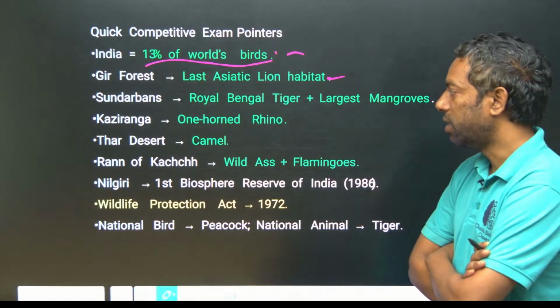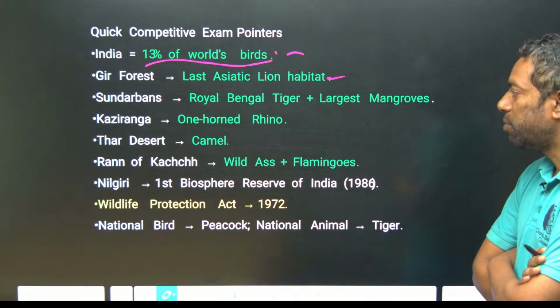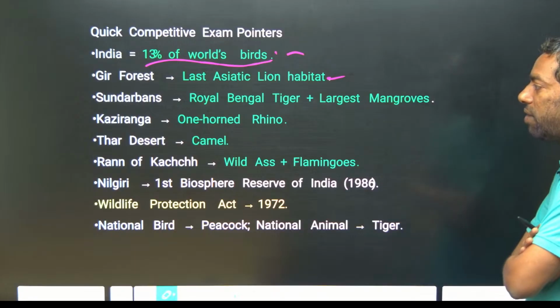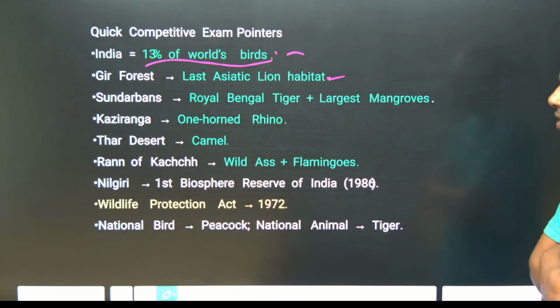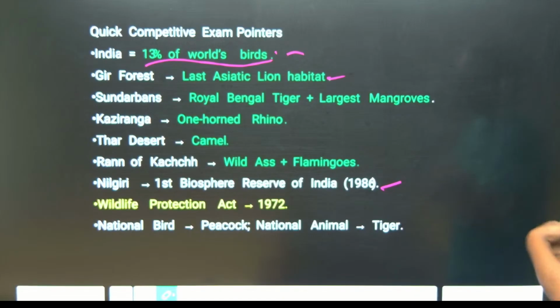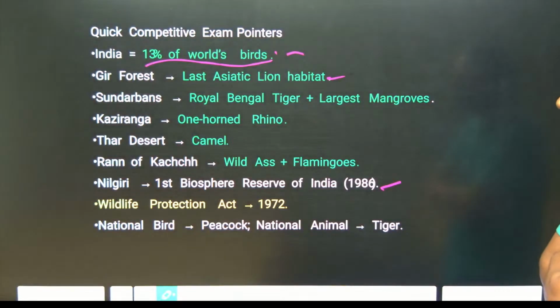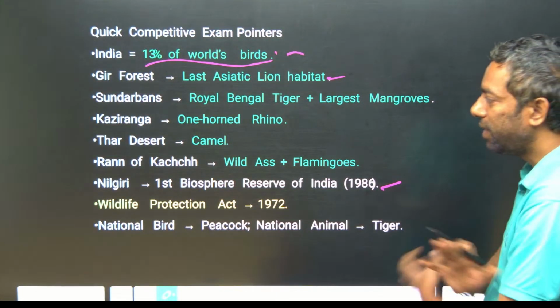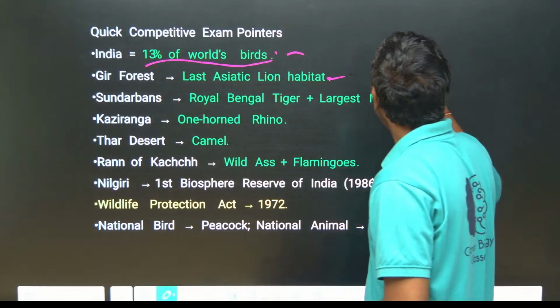Thar desert: camel. Rann of Kutch: wild ass and flamingo birds. Nilgiri is the first biosphere reserve in India, 1986. Wildlife Protection Act 1972. National bird is the peacock, national animal is the tiger. These are the most important points for the exam.